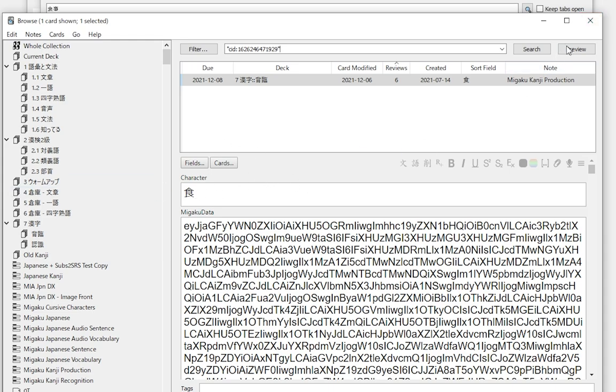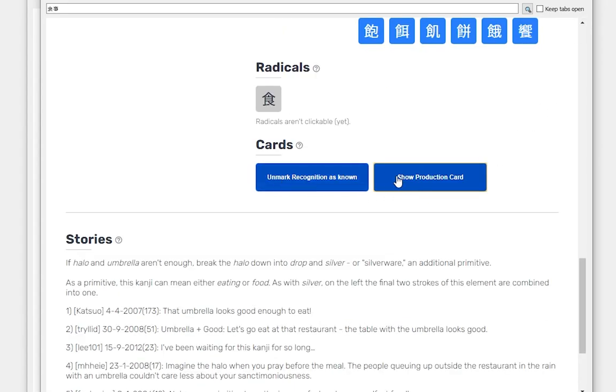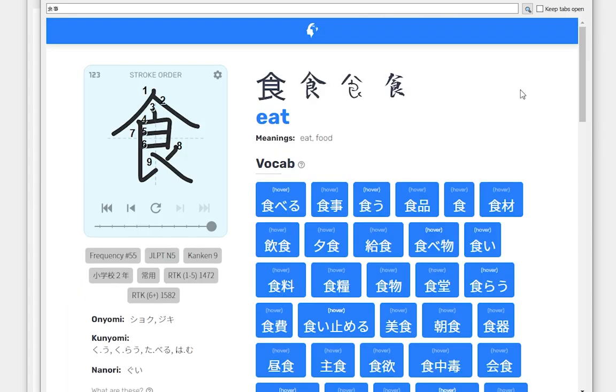So this is my production card that I have in my deck. And if you want to, same functionality basically as in the settings, in the stats window, you can also shift and then click on one of those buttons, and it will automatically mark the kanji. Or in this case, you can even unmark it if you've already marked it as known. So for example, for this kanji, I don't have a recognition card, and I marked it manually, and I could then just reverse this if I wanted to. Next I'll show you the cards as they look in action.